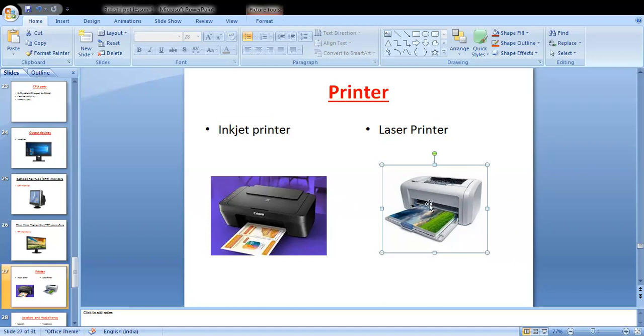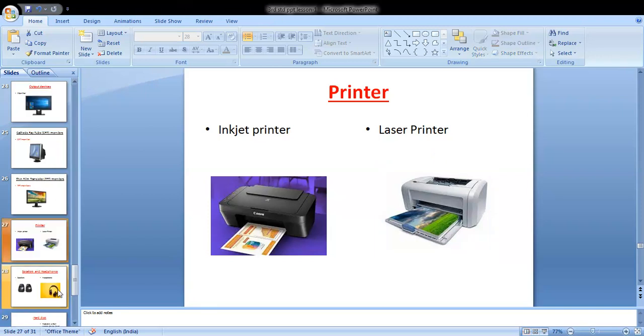They work very fast and can print large copies, and it will save our time. Understand about the printer? Do you have any doubt about this?